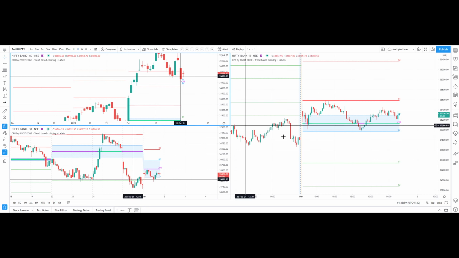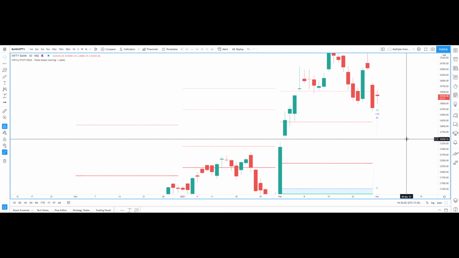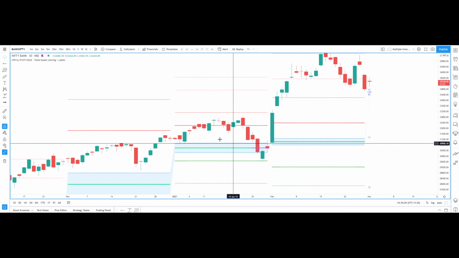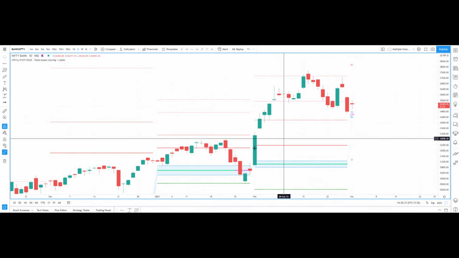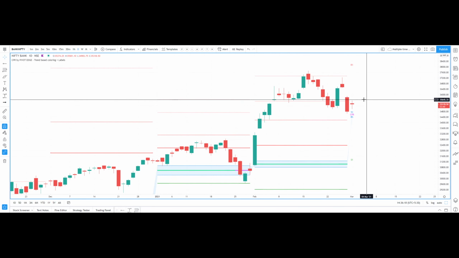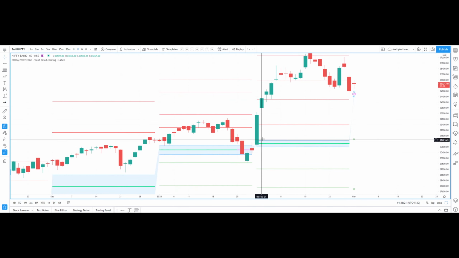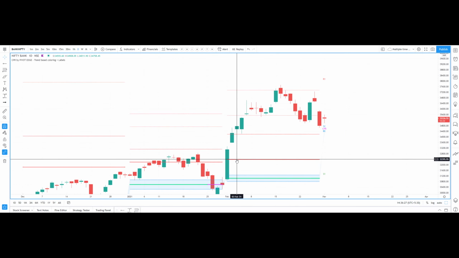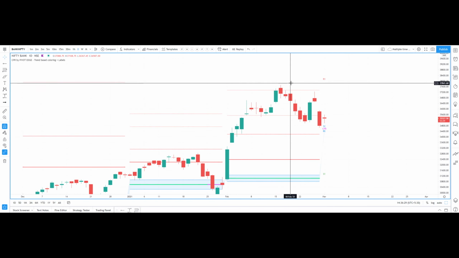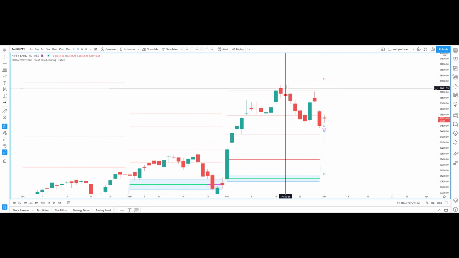So here on the day candle, this will be the CPR for the month. At the beginning of the month itself, this CPR is ascending, and it is also a bit of a narrow range. It means you can expect a huge momentum in this particular stock. For every stock you can do this analysis. On the first day of the month itself, you saw a big candle, then it went through R1, R2, R3 and R4. It has given you the target, and there you saw rejection. After this rejection, you can either book your profits if you are in a long trade and then enter a short trade.